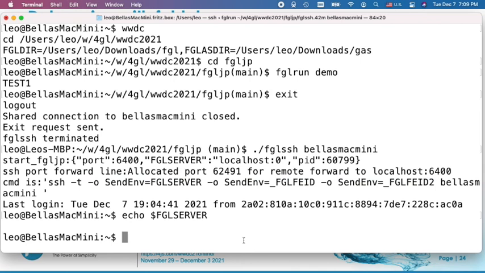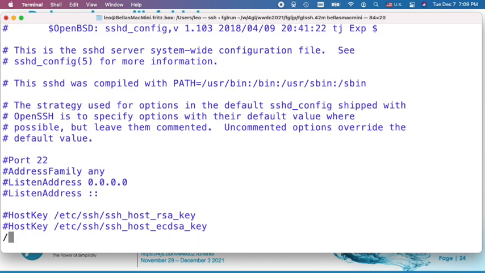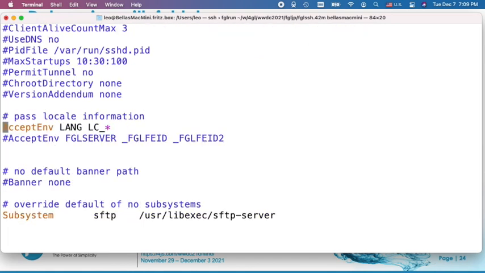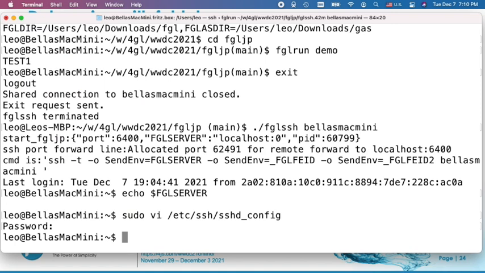In order to let the remote site accept those variables, I need to edit the SSHD configuration file. And this is in /etc/ssh/sshd_config. There is an entry called AcceptEnv, and all I have to do is to add a line where I say the environment variables FGLSERVER, _FGLFRONTENDID and FRONTENDID2 are accepted. Save this, restart the server,